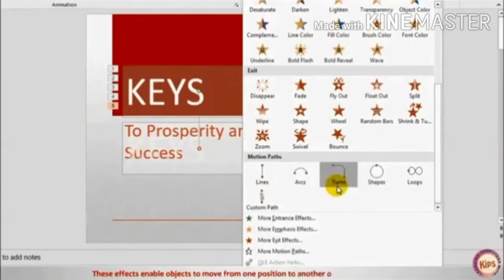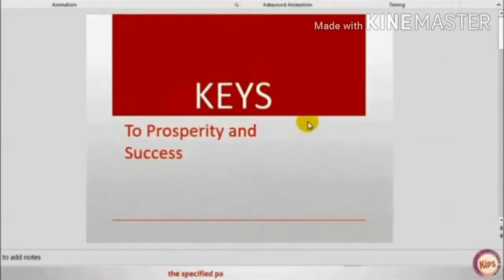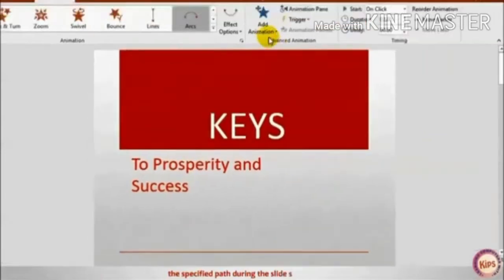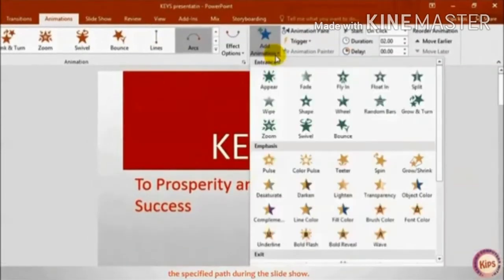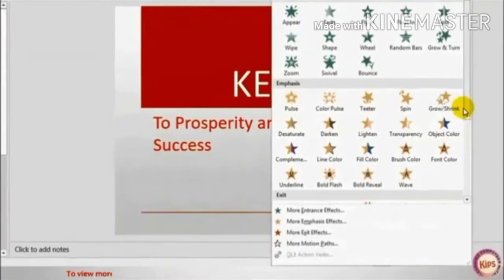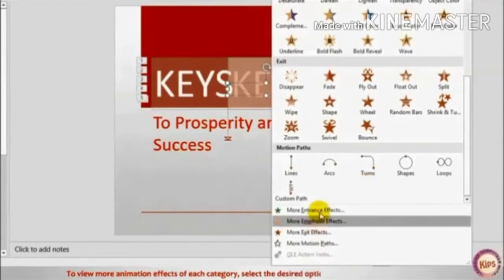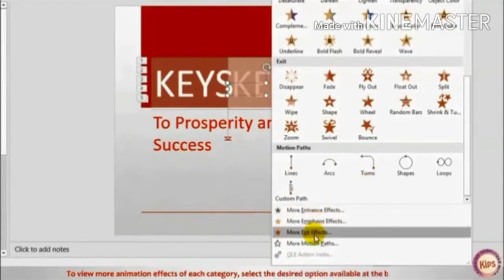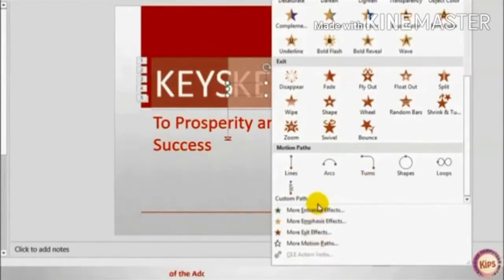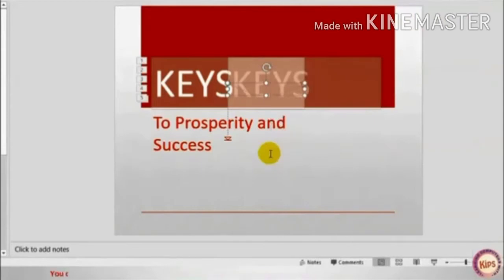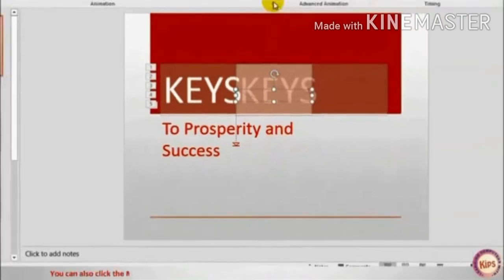These effects enable an object to move from one position to another on a slide along the specified path during the slideshow. So you have to click on add animation. To view more animation effects of each category, select the desired option available at the end of the add animation drop down menu.